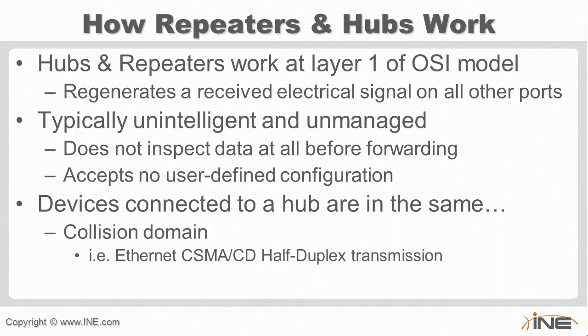Carrier Sense with Multiple Access and Collision Detection, which in a nutshell means that before you send traffic, you listen onto the wire to see if someone else is sending. And if you hear that no one else is sending at that point, then you can go ahead and send your traffic. But the disadvantage of this is that it means all of the devices are using the same bandwidth